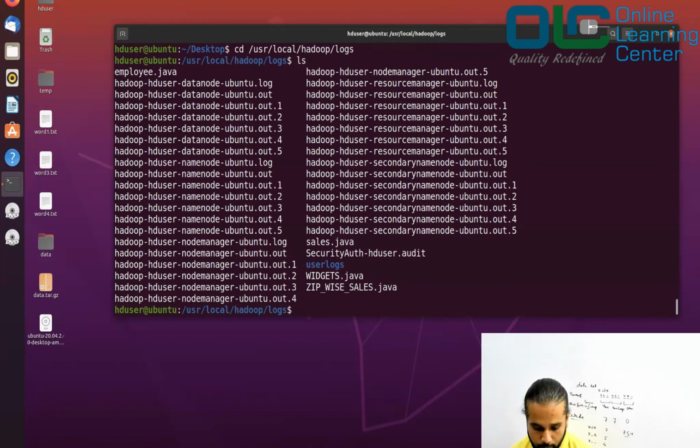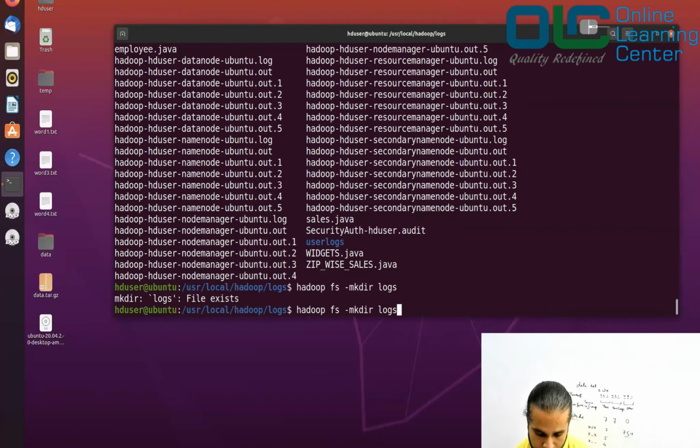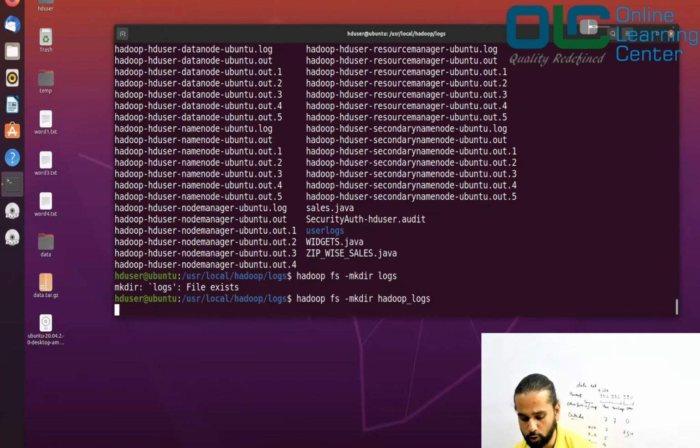Now what I can do is copy all these files to HDFS. So what should you do? You can create a directory like this: hadoop fs -mkdir logs. It already exists, so I'll say hadoop_logs, anything. I created a folder called hadoop_logs. Let me copy all these files.